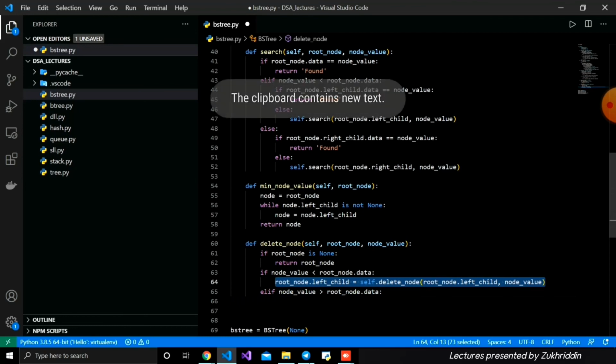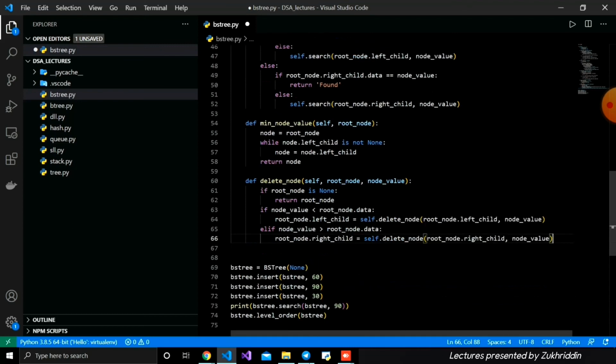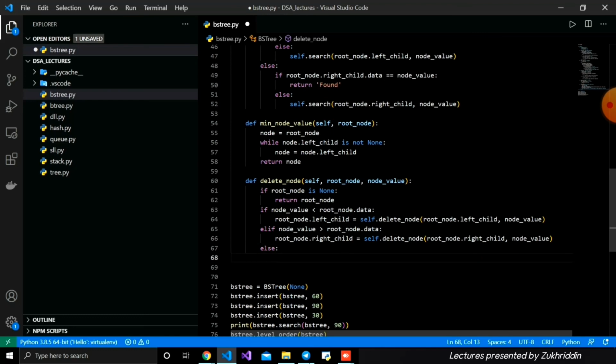And you can copy this and paste it here. I'm going to change left to right, and also one more here, and like so, okay? We are just visiting the right child, okay? And then we're going to write the else, and inside else we're going to check if root node dot left child